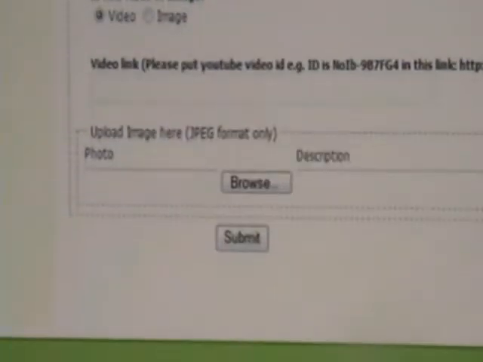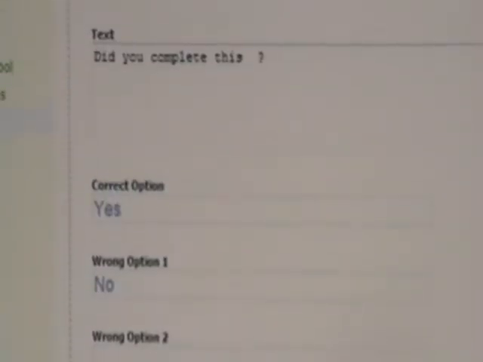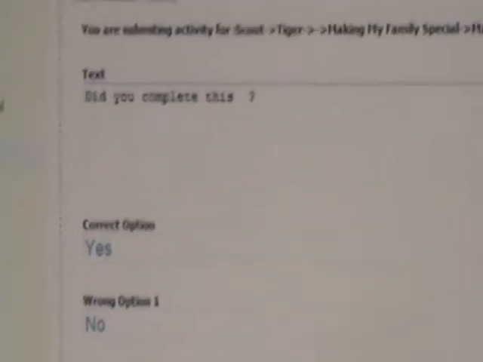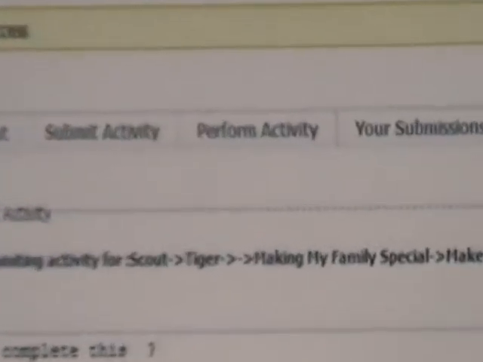So this is how it gets submitted, and from the Scout leaders, it goes for approval to the Hi-Fi Kids Scout section, and then they will check whether the submitted activity is basically worth keeping, whether the contents are okay, and whether the contents or video they have put are appropriate for that particular den or for that particular age, and that's how it then gets published. Now when I say it gets published, it means when somebody goes and performs the activity.